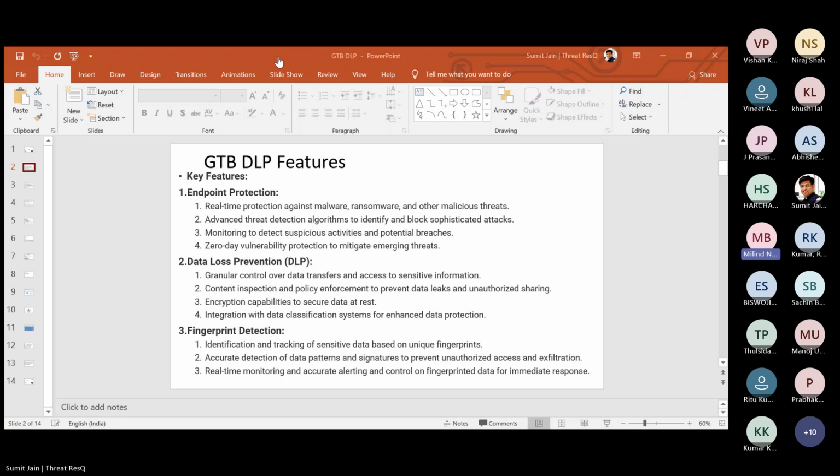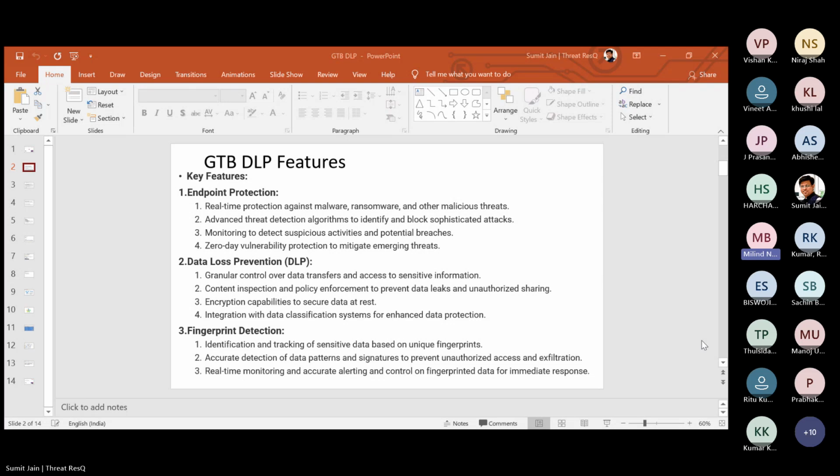Now, let us talk about GTB. There are many other DLP solutions also available in the market, but GTB is one of the pioneers in data leakage prevention. GTB was founded in 2004. It is a USA based company, and their head office is in Florida, USA. And